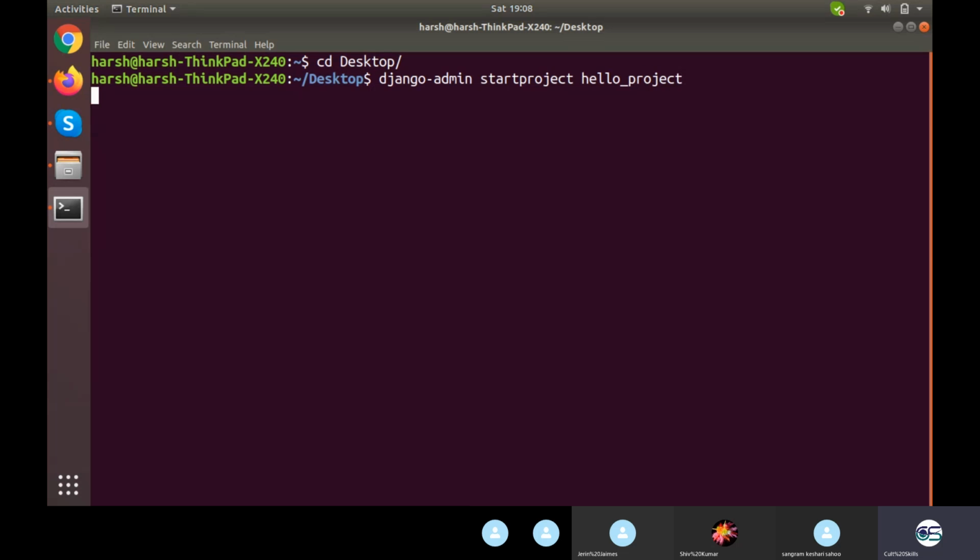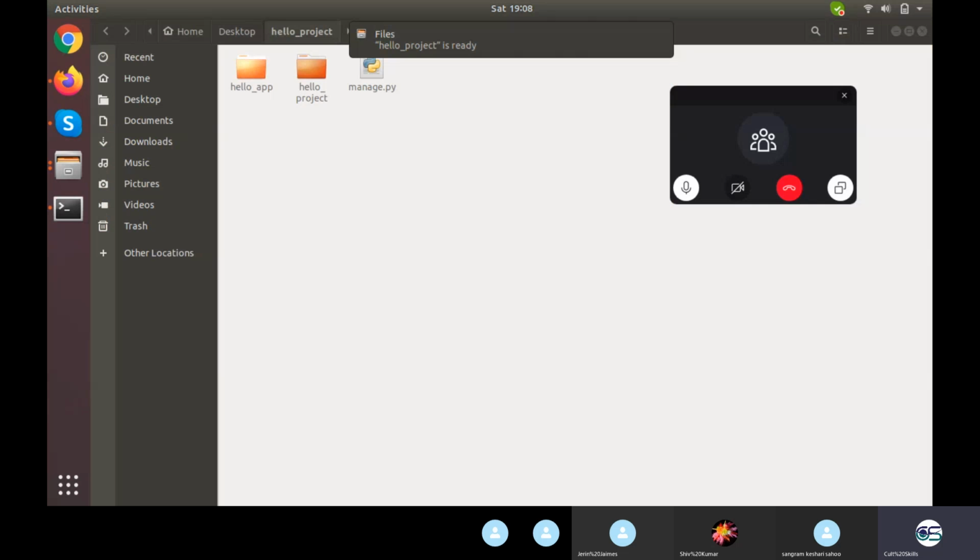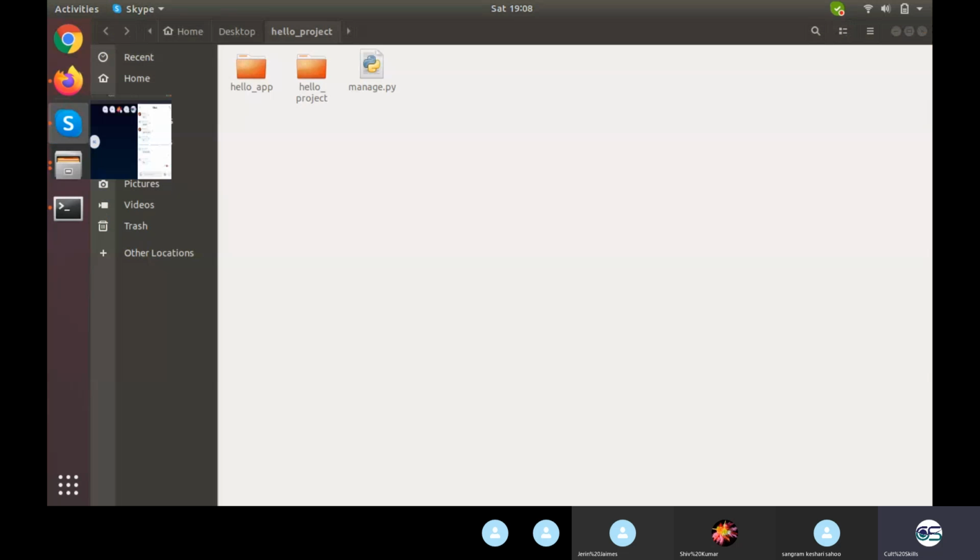Once it is done, I'll move into this hello project. Then I'll say django-admin startapp hello app. Fair enough. So we have this hello project, and in it we have this hello app, hello project, manage.py, all of that.